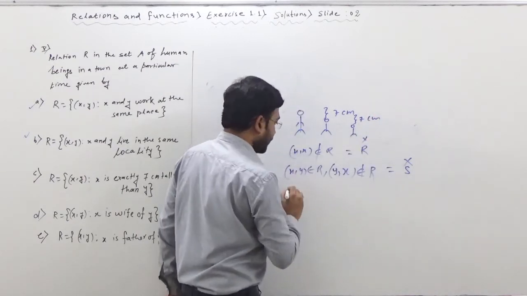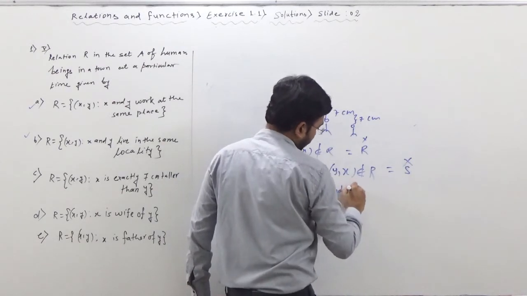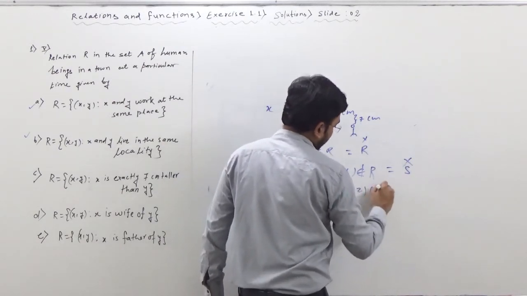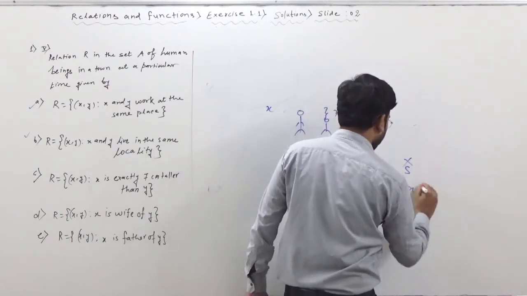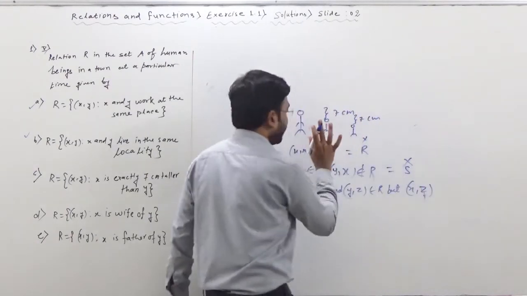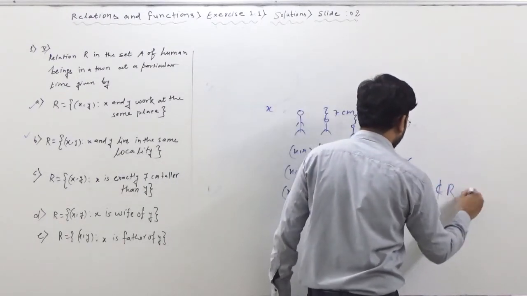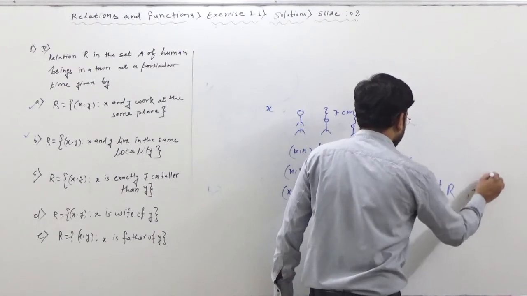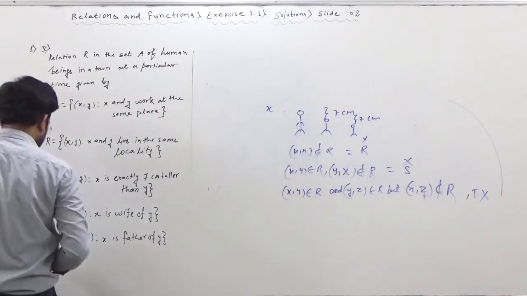So here we can say x comma y belongs to R and y comma z belongs to R, but can you tell me x comma z belongs to R? Of course not, because the gap is going to be 14 centimeters. 7 plus 7 is going to be 14 centimeters. That is not possible, so this is not going to be a transitive relation. So we will write in detail this question. Alright, so this is this third one.